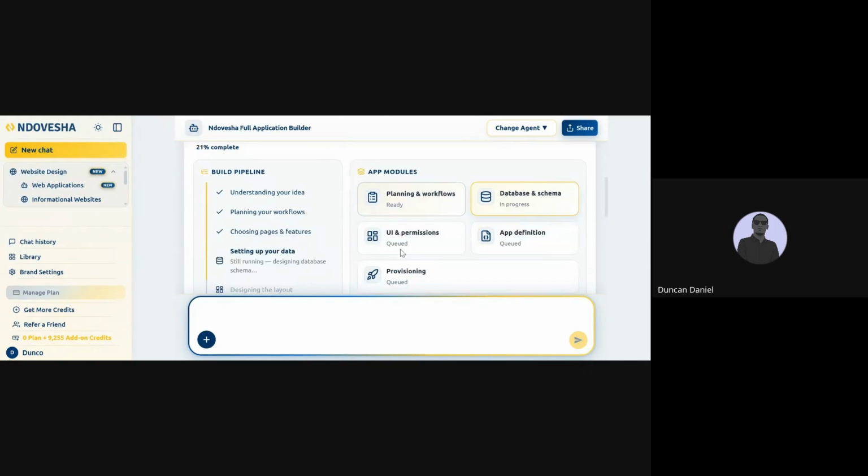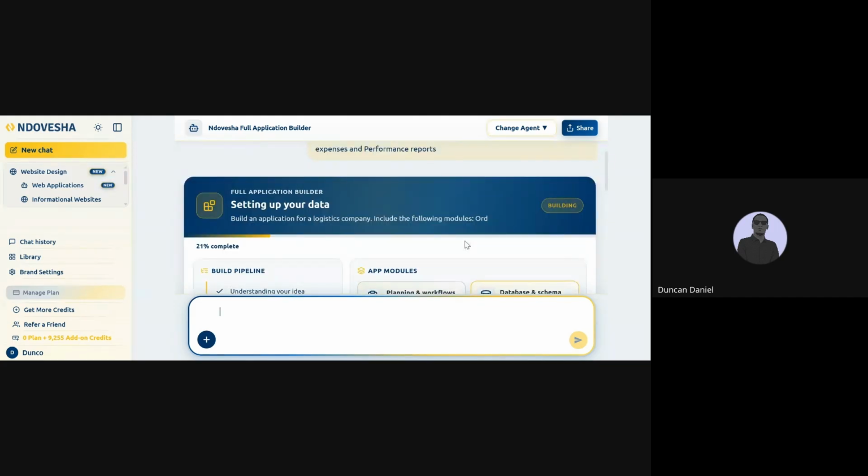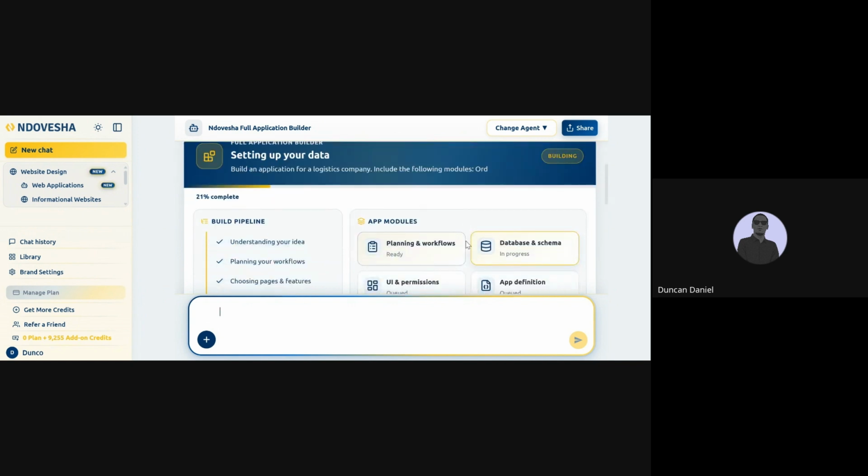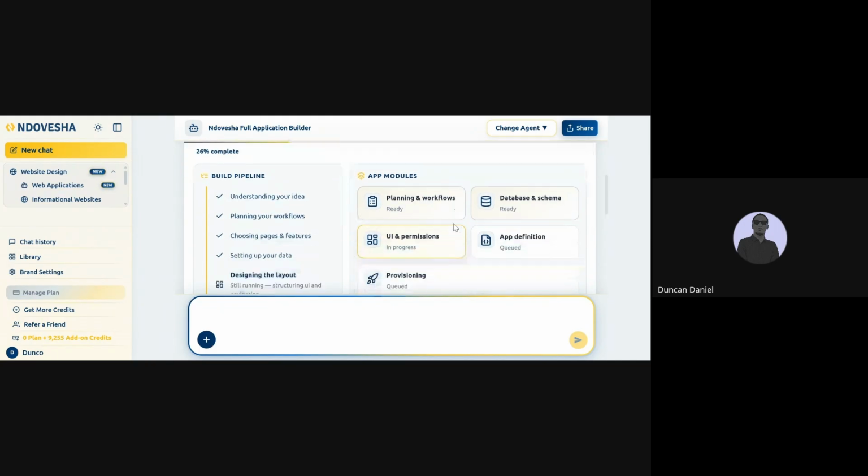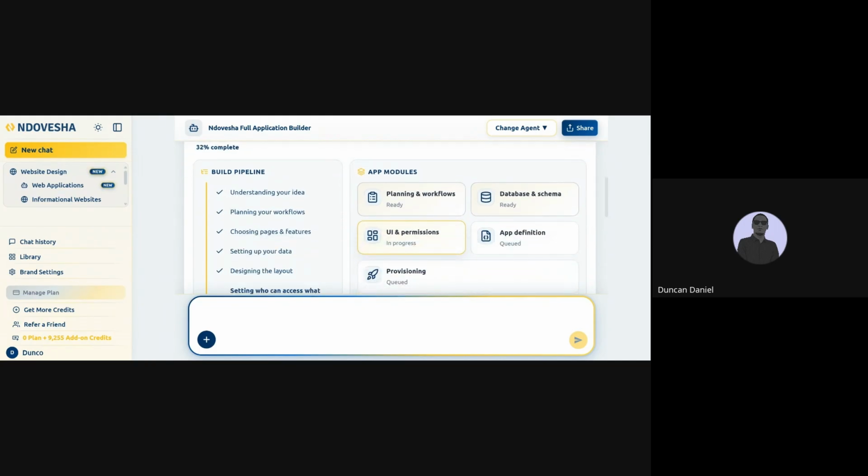And of course, it's now going to provision for you, and you will have your app ready and can start using it. So we'll see it do whatever it does behind the scenes, and now you'll be able to witness the evolution. So just give it a few moments. Of course, as it does that,